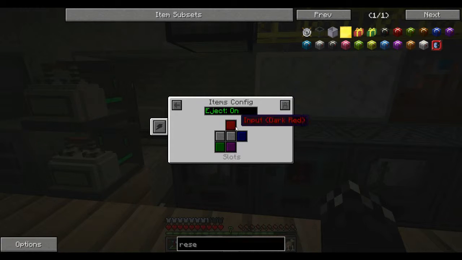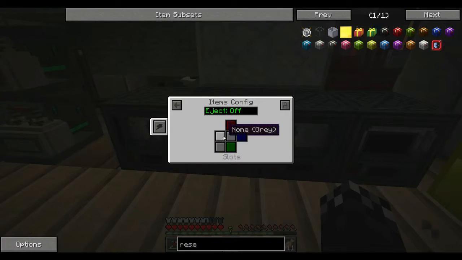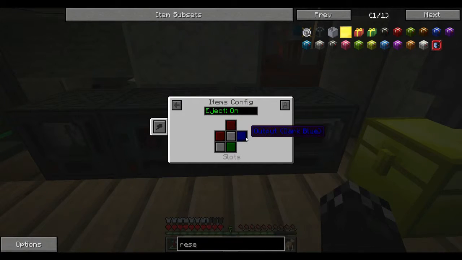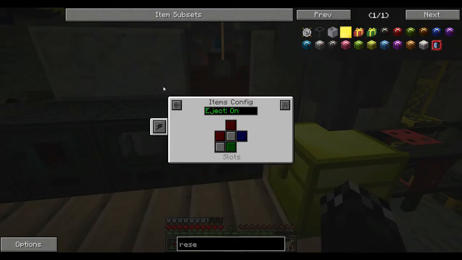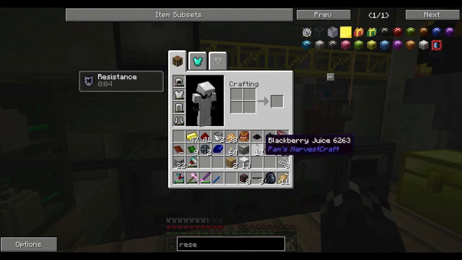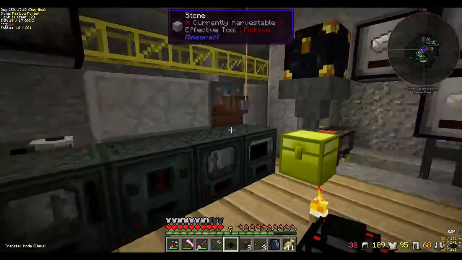So I can just hit auto eject. And what that'll do is when this is finished processing, it'll push to this direction. If we open this one up, we set this to red. So for input is red. And we turn on auto eject, output's blue. Same with all of these, input red, output blue. And again, input red, output blue. So what we can, for the moment, do... So I was going to put the hopper on here, but I'll...